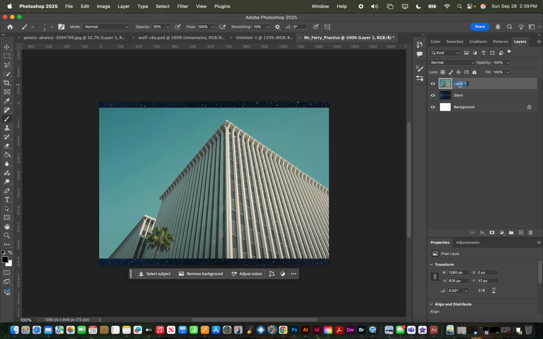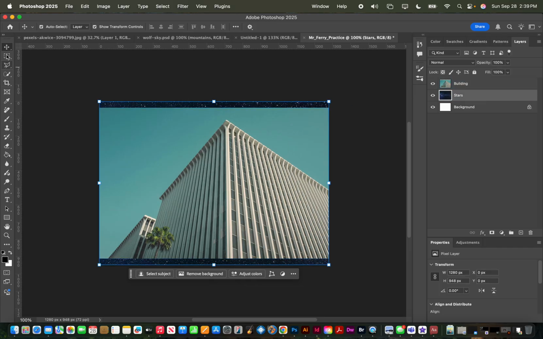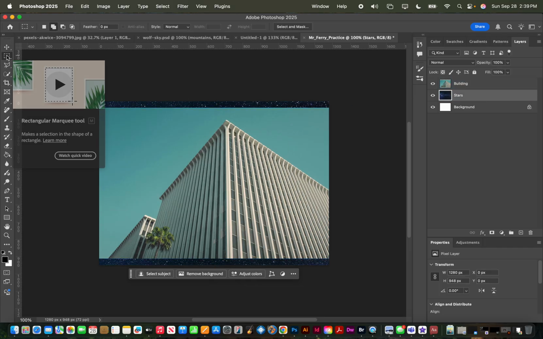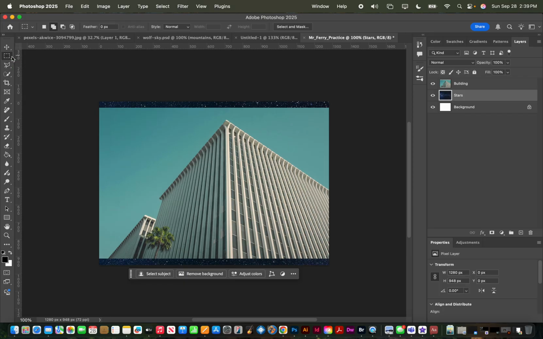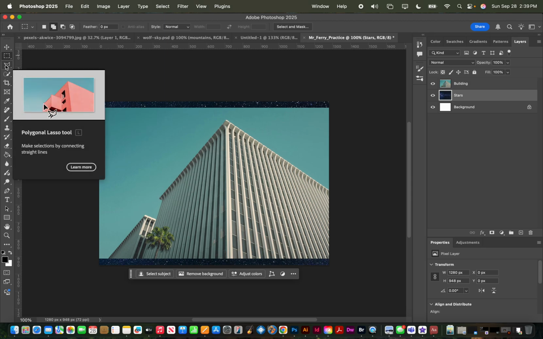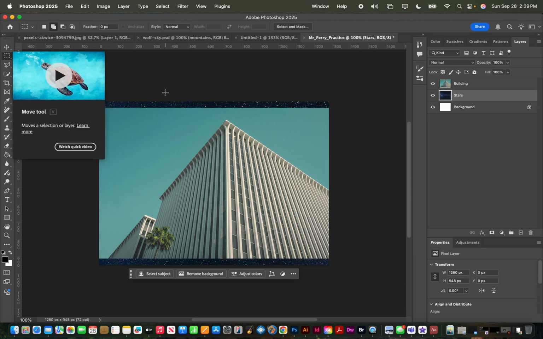But first, remember, layers need to be named. So layer 1 now is going to be called building. You can call it whatever you want as long as it makes sense. Building. Now if I select this move tool over here, right, this is what makes stuff move around. So it will bring a bounding box around this. It doesn't always do that. So if you need to find it, and you are on some other tool over here, you know, like your rectangular selection marquee tool here, or your lasso tool, you can